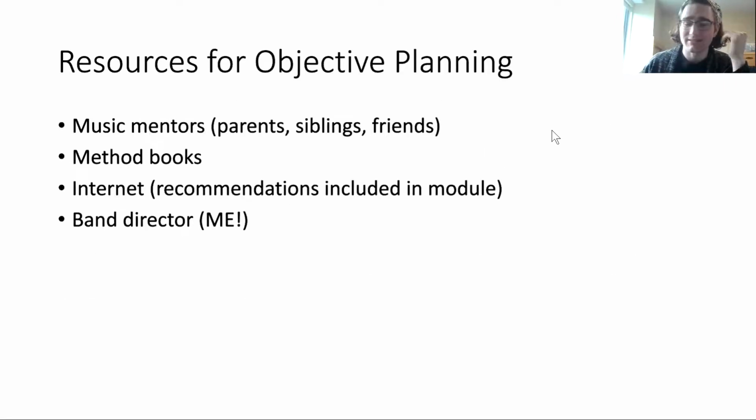So when you're trying to figure out how can I practice better, there's several resources. Maybe you have some music people in your life, your parents, your siblings played some instruments, or maybe even your friends in band might know some things. You can ask them questions about, hey, how do I practice this one thing? You got any recommendations? You could look at the method books that you use in class. Right in the front, there's all of the resources on how to set up your instrument, different ways to practice. You go through the book and see different ways to work on the things that you're looking for.